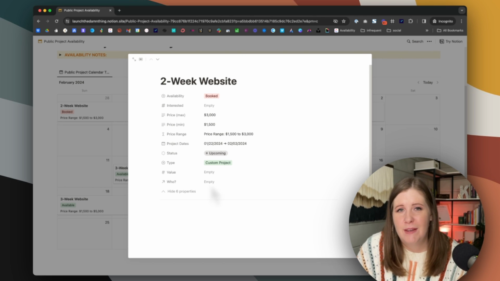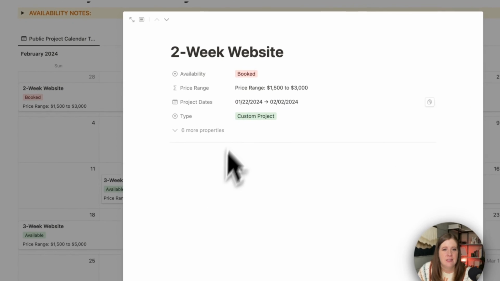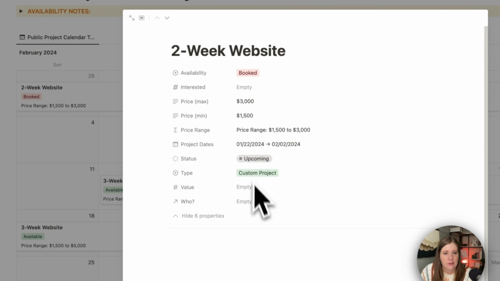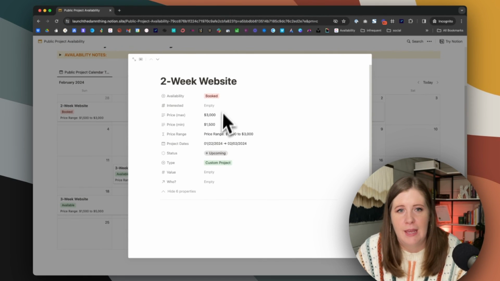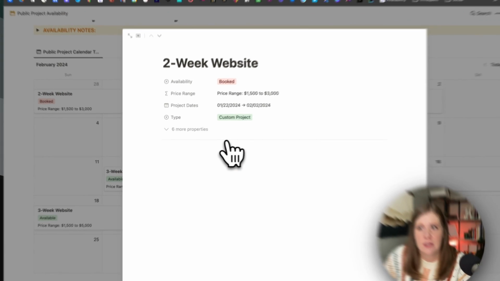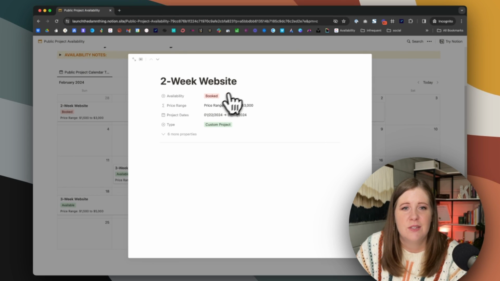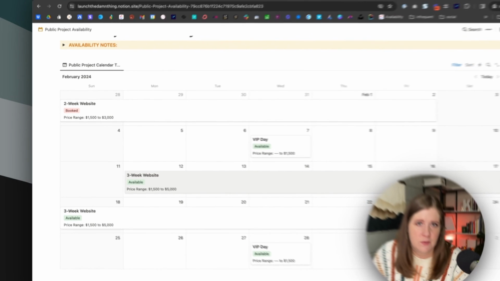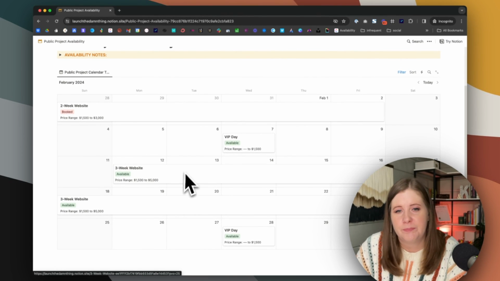So that is my favorite part about this process. They can see all the pertinent information that they need to see. If they expand this, they'll see the ugly stuff, but it doesn't give away anything that's embarrassing or anything that is private to the client. So this is just the dates, just the project type, the price range even, so you don't even have to